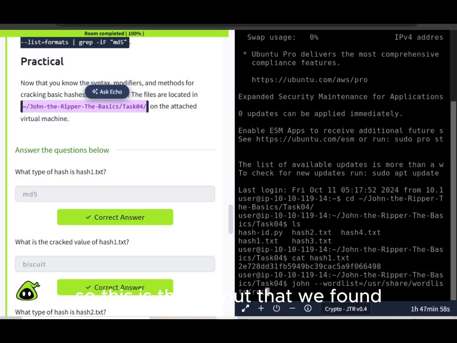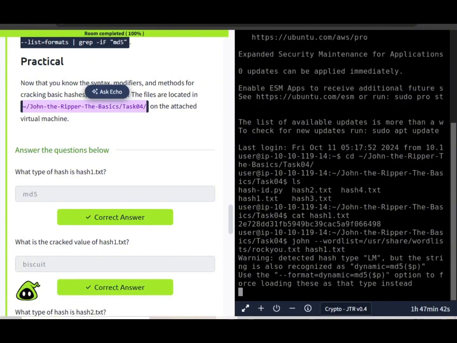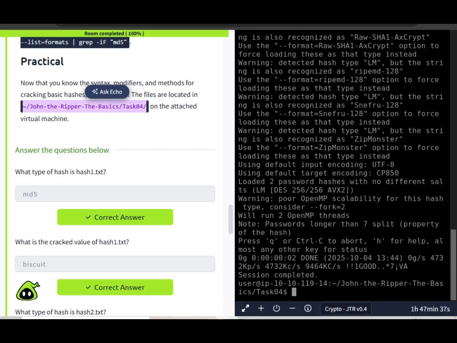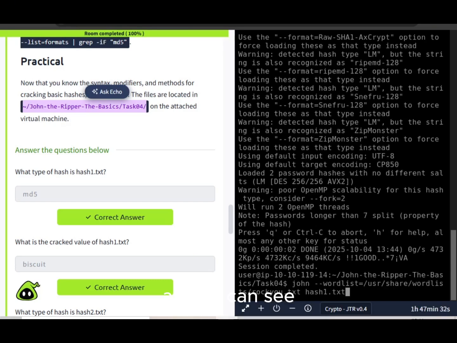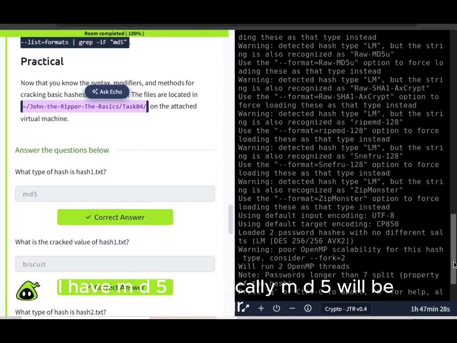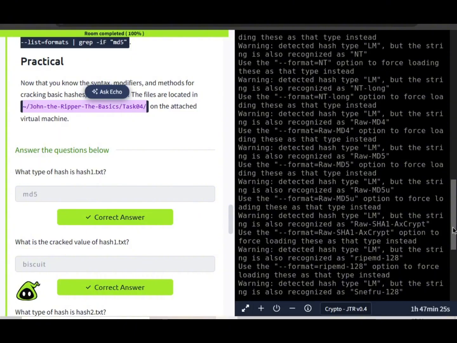So this is the output that we found, and as you can see, it did not specify the hash type directly, but we can see MD5. Okay, let's try to use the format way. As you can see, we have MD5. So basically MD5 will be our answer, but